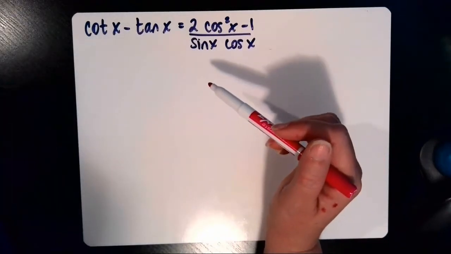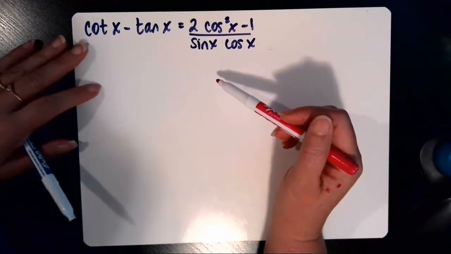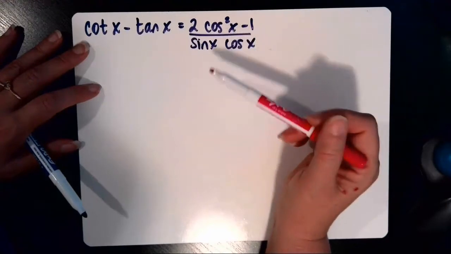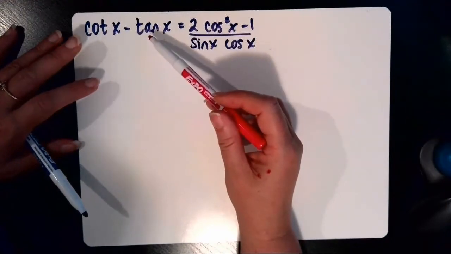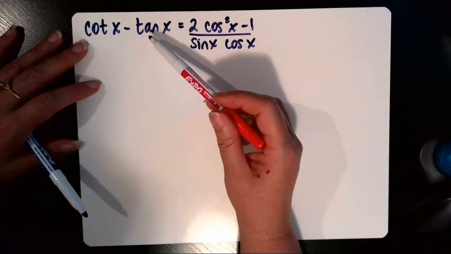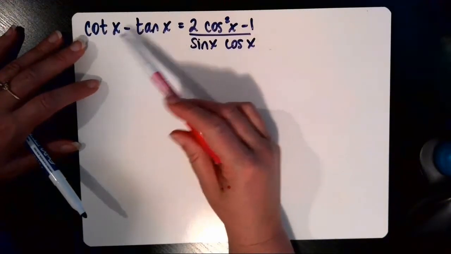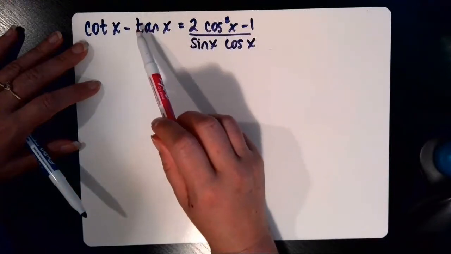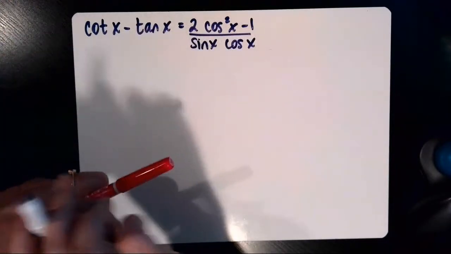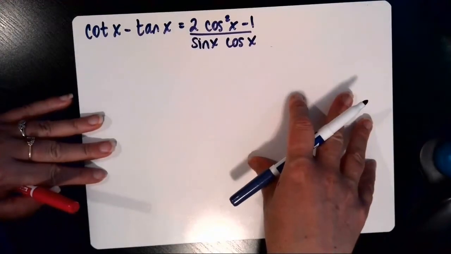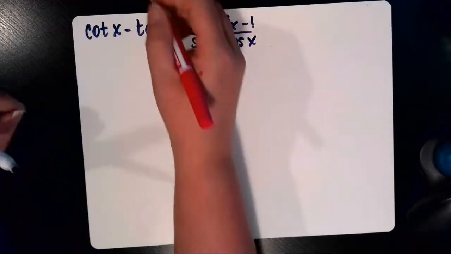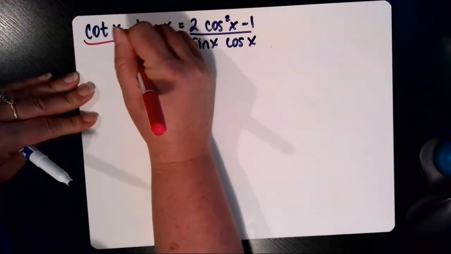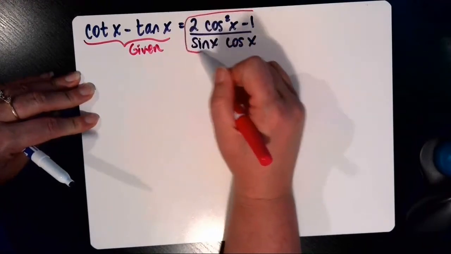And normally we would start with the more complicated side, and visually it looks like this is more complicated than the subtraction, but I think changing these to quotient identities, we would have two fractions being subtracted rather than just one fraction. So I'm going to consider this left-hand side the more complicated side and start with that as my given information. So this will be my given, and this is the side that I want to try to make